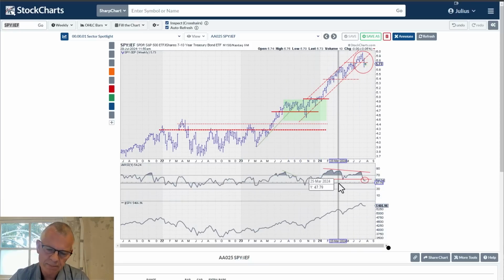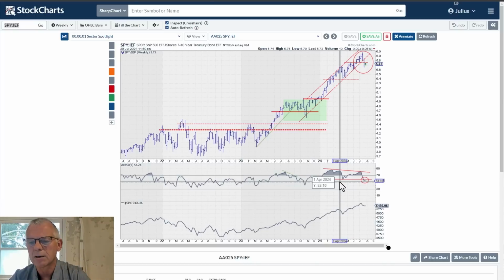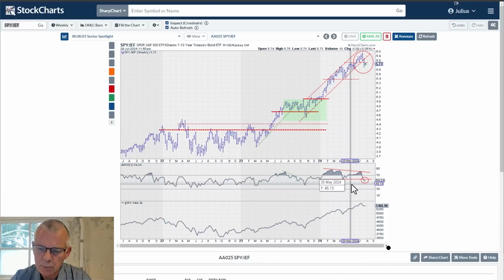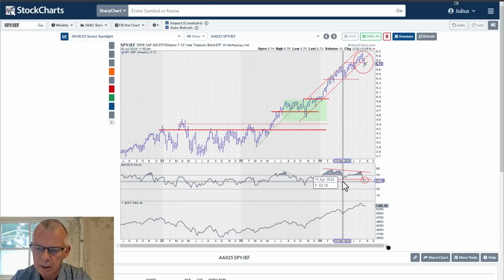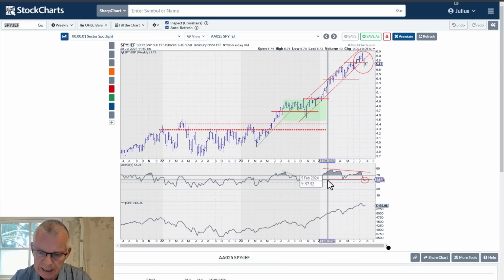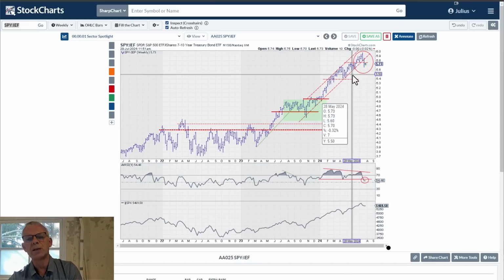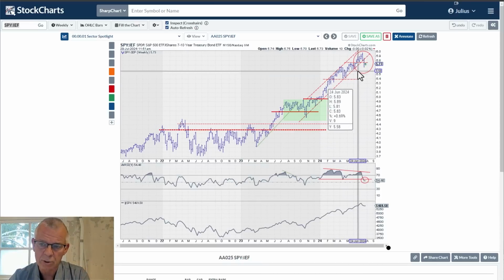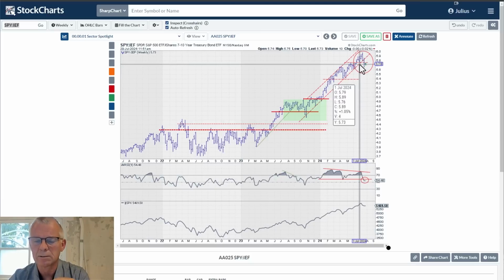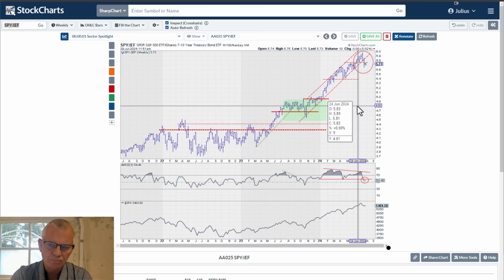And here also, as I explained to you, for me the trigger to execute a divergence is when the RSI dips below the previous low. And that has just happened here last week, in combination with a break of double support, because we had the previous low and we had the rising support line. So all in all, I think the message this chart is sending us is that, at least for the time being, bonds are going to be preferred over stocks, or it's going to be balancing out. There's basically no preference, and that means it's moving sideways.